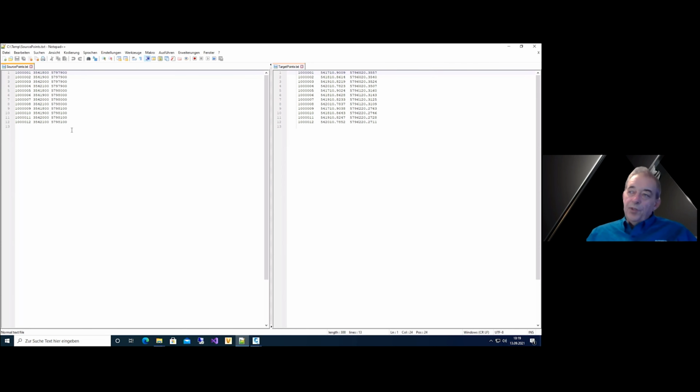With this file, you go to the official program, coming from government or company, to officially transform to the new coordinate system. The program you use may differ depending on the area where you live and what you want to do. As a result, you get a second file with the same point numbers and the corresponding coordinate system.